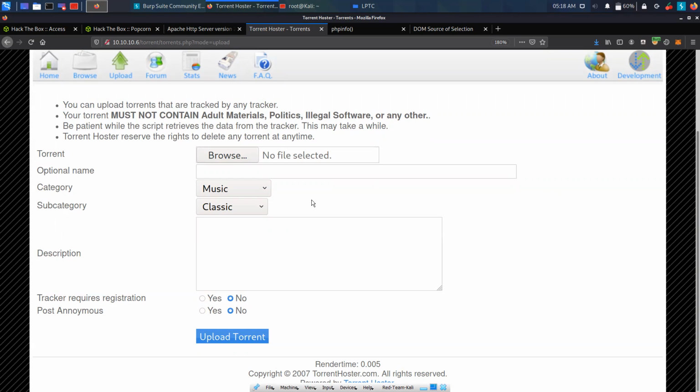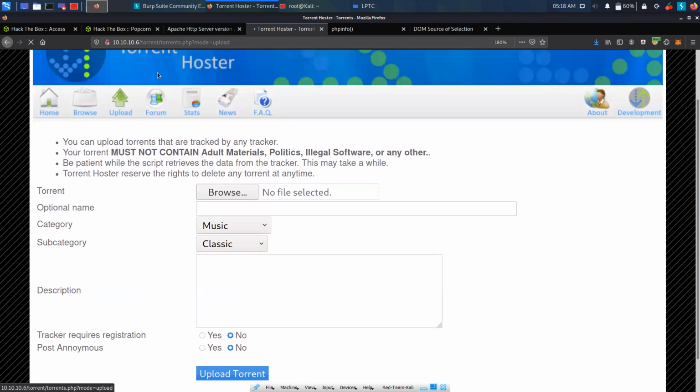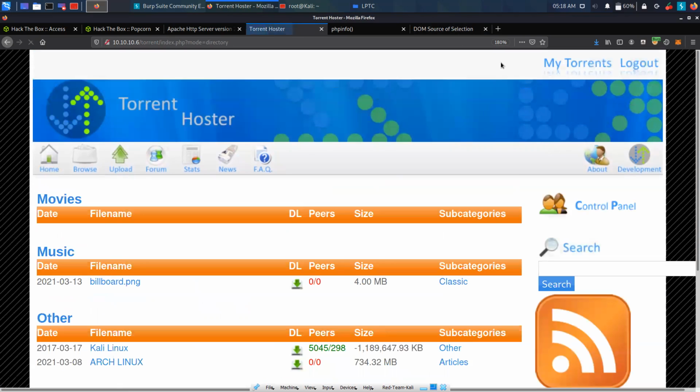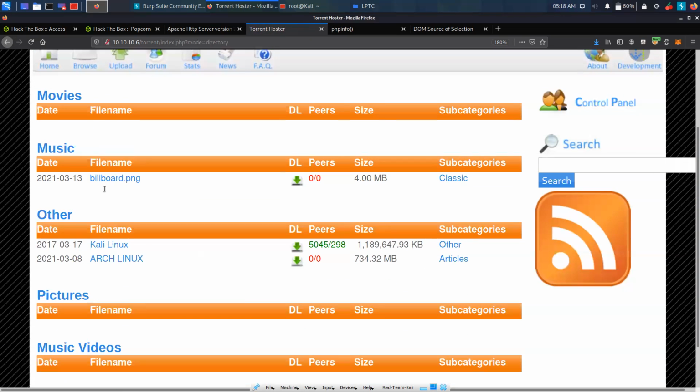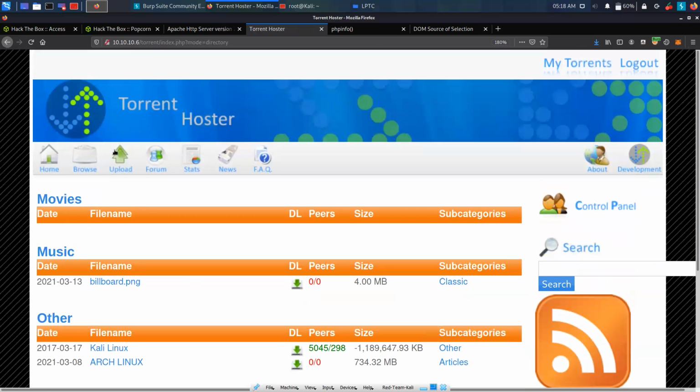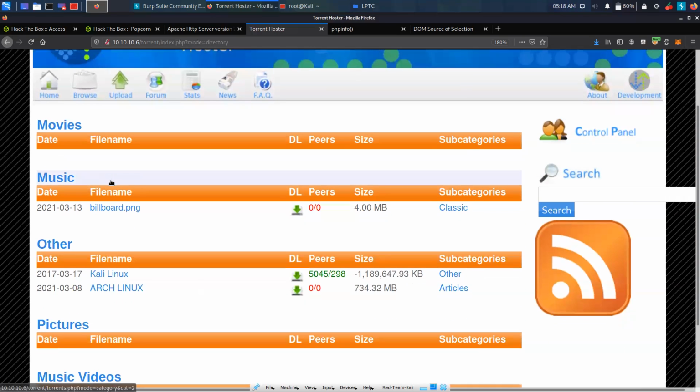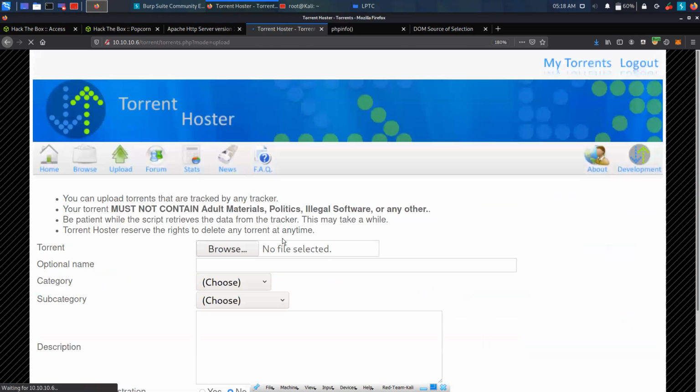What is Burp Suite? It basically allows us to intercept all the responses and requests between the browser and the target application. So whenever we are hitting browse, there is a request going to the server, and the server is sending back this page. But we are not able to see what request is actually being sent because we are only able to see the GUI version. But we also need to know what is actually being sent and what is actually coming back. So this is where we can use Burp Suite.